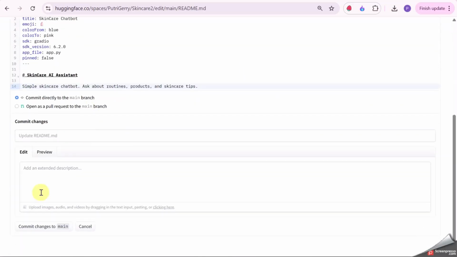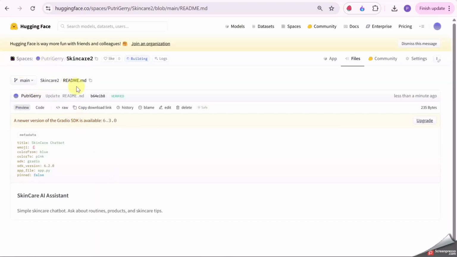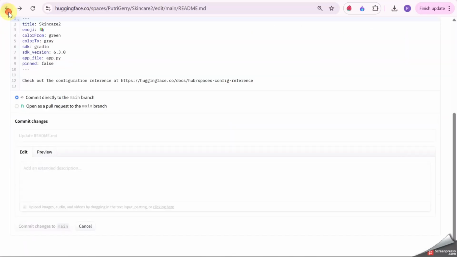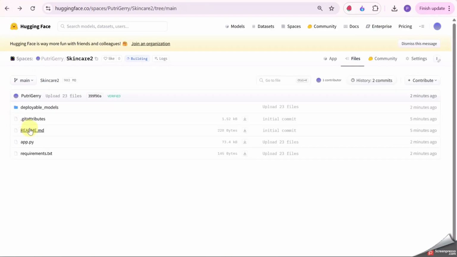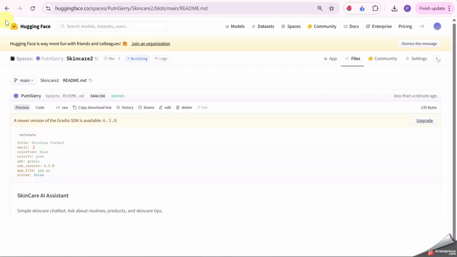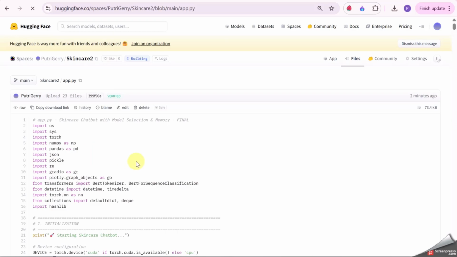Commit changes, and then the main app that will be called is app.py. From the app.py, we are gonna call all the functions that we implemented.